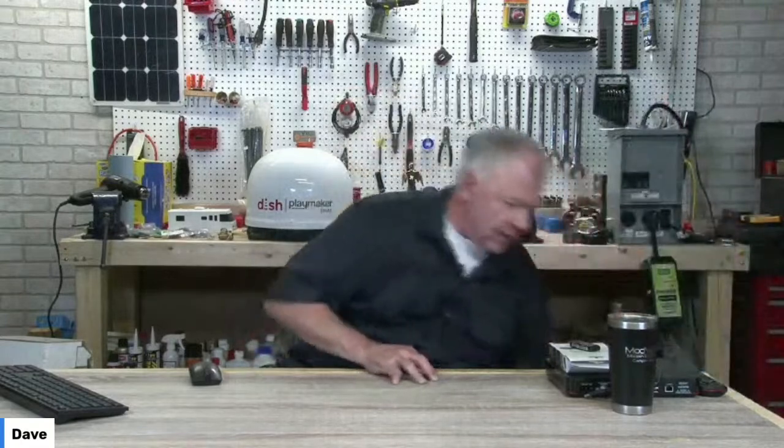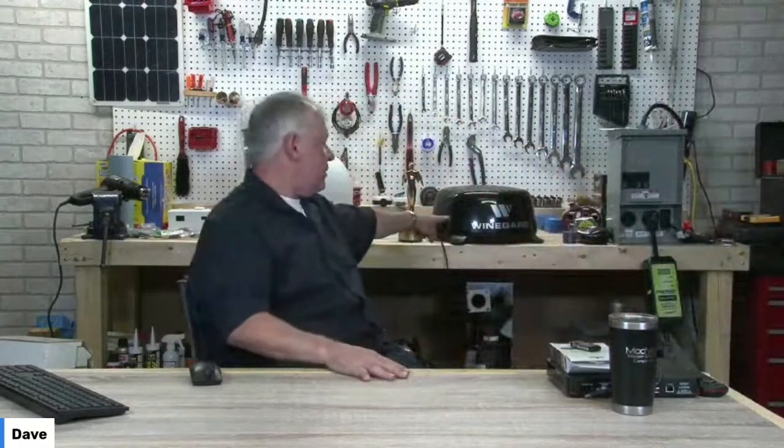this is a Winegard prior to the Air 360. That's the Air 360 there. If you have a gateway that you're adding to it, then it probably would have a switch to it. But we put ours in directly into the top of it, no switch, and it worked fine. So once we turn the TV on and we get into a new area, it's already powered up, ready to go. And when you get on the TV screen, you just hit